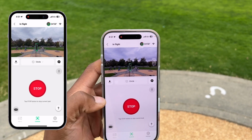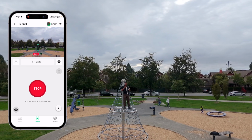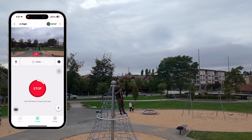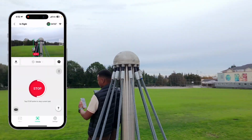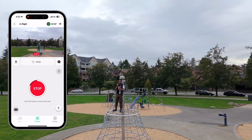Something that I'm hoping to see with the DJI Neo, hopefully through a software update using the DJI Fly app, because on the DJI Fly you have the ability to use your voice to control your drone. It would be cool to be able to dynamically control it with your voice while it's following you. So when it's following you, you can say move further, move closer, move higher, move lower, something like that. But from what I've experienced with my DJI Neo, when I initiate a follow mode, where you can set close, far, and height as well,